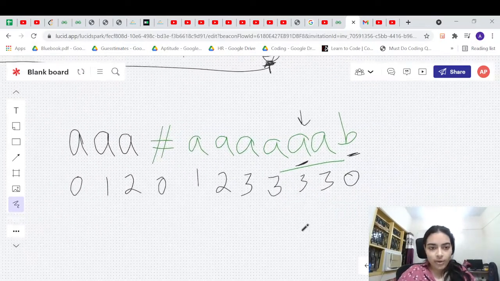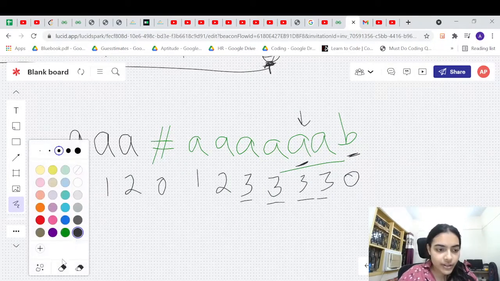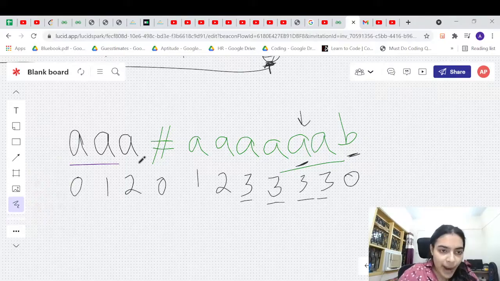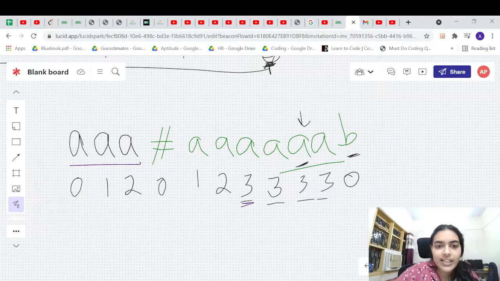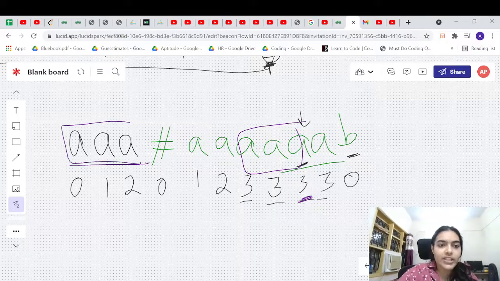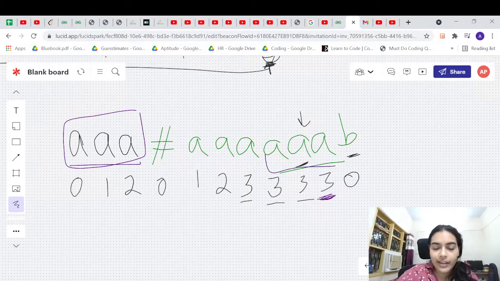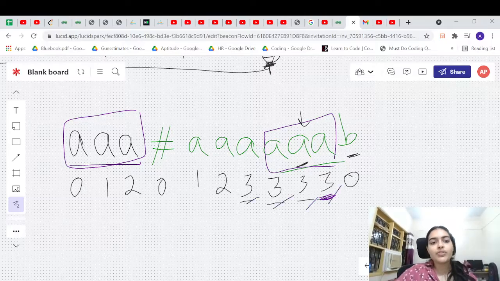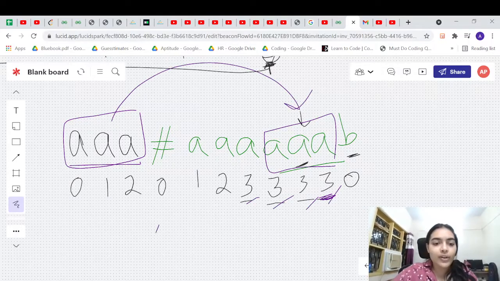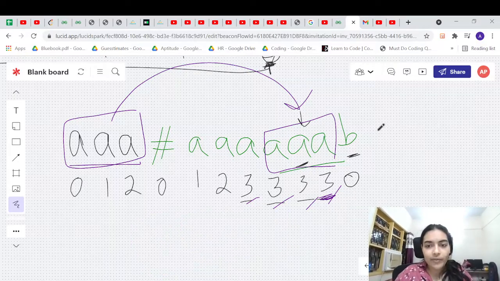So this is how, whenever you have the answer 3, that many times you know that you have found the pattern that you were looking for. Whenever you have answer 3, that means you have found this block A. So 4 times you have 3, that means 4 times you have this pattern here, and you can do all of it in O of n plus m time complexity itself. So this is one way of finding the pattern.